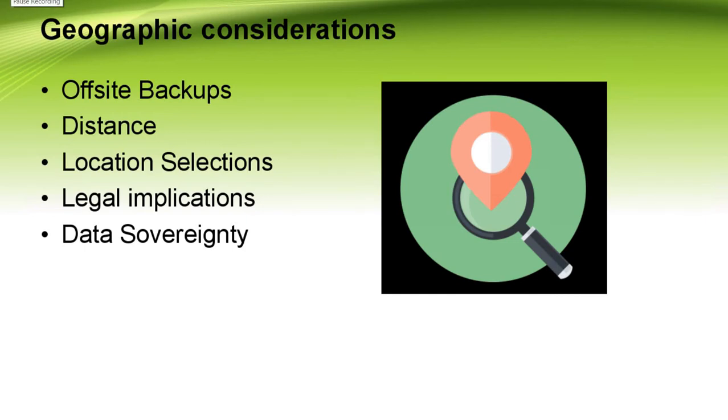Distance is also critical when examining the reach of disasters. It is important that the offsite location is far enough away that it is not affected by the same incident. This includes the physical locations of cloud storage providers' servers. If your business is somewhere in New Jersey, and so are your cloud provider's servers, for example, Hurricane Maria likely made your data unavailable for a long time.